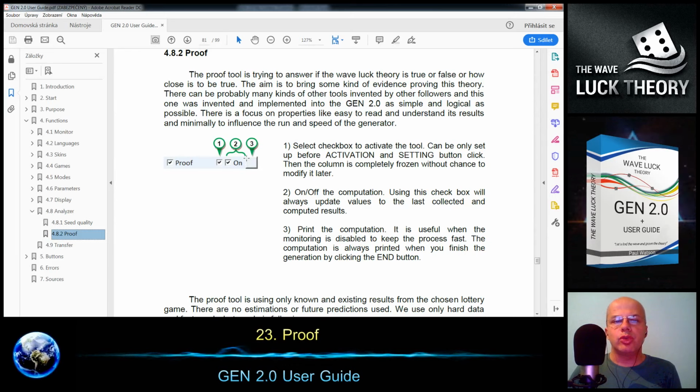It is useful when we want to keep the generation fast by disabling the proof online monitoring, so we can print the result from time to time. Finally, the results are printed at the end of the generation automatically.